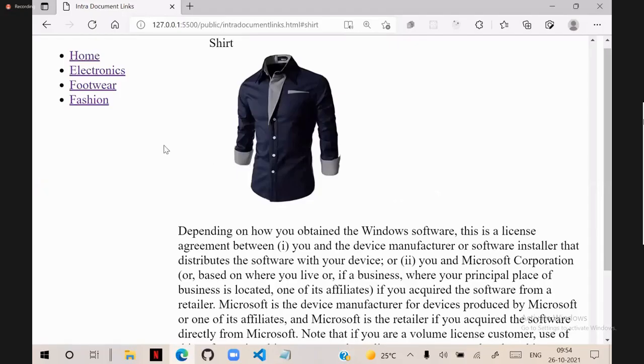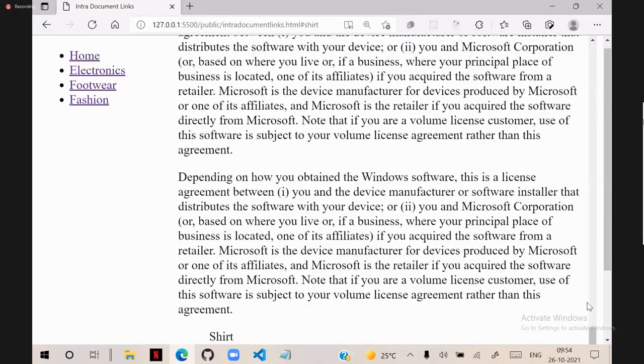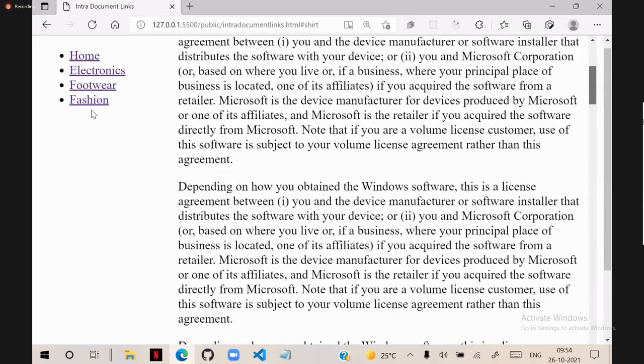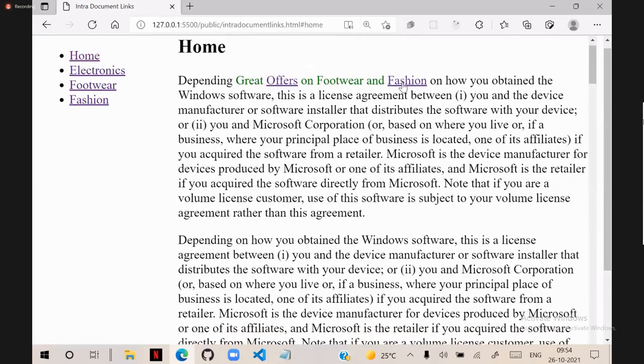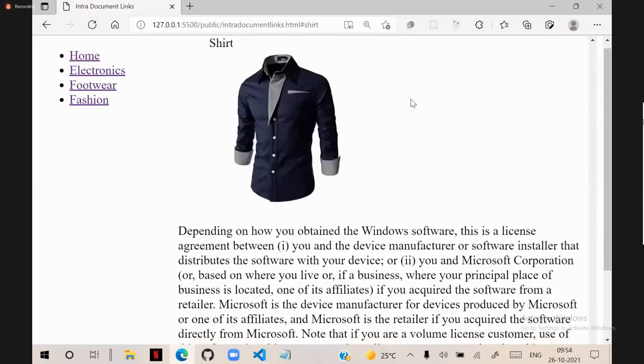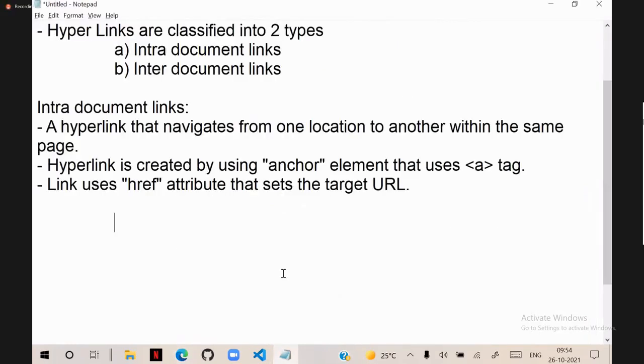Now, when I take the user to that location, scroll up, that is the home page, and I click on fashion, it will take to that location. With navigation, where you want to keep the caption top or caption bottom, it will take to that particular location. This is intra-document navigation. So in that, two options are there. So to define intra-document links,